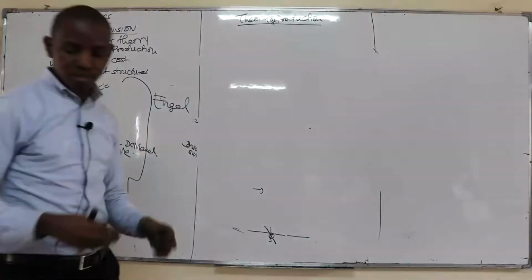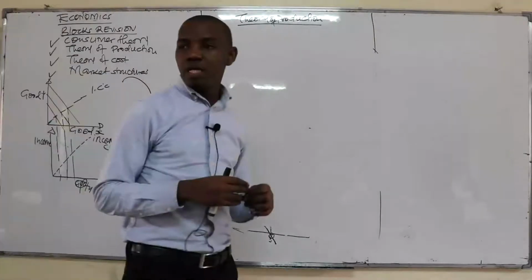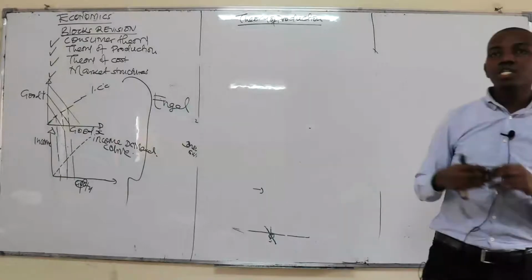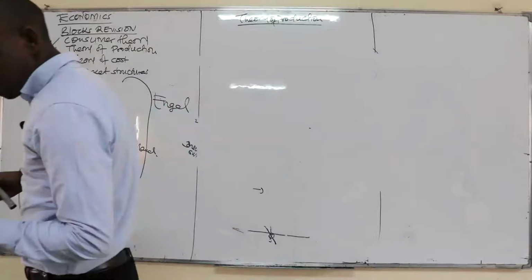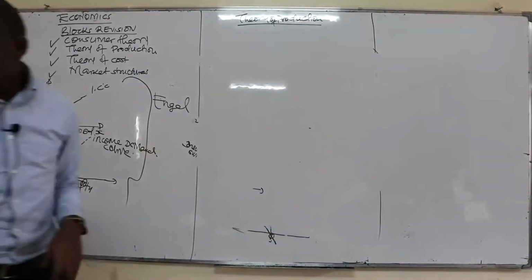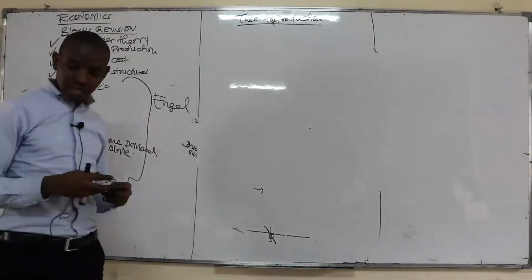Now, for the production periods in this case, we normally have two types of production periods. We have what we call the short run period, and we have what we call the long run period. When we talk about the short run period, it is just less than a year. The long run period is a period of more than three years. So in this case, first you need to understand